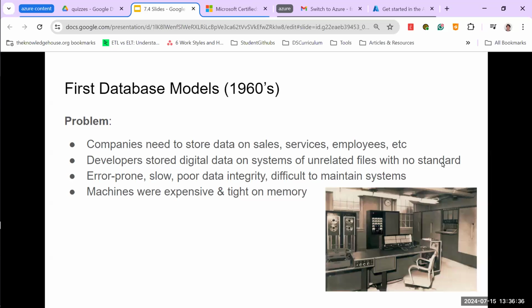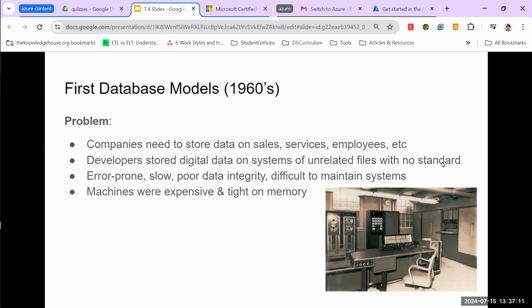Developers, if you could call them that at this time, had the responsibility of creating memory, of designing the systems that this data was going to sit on. And furthermore, the machines were expensive and super tight on memory. I know 100 megabytes doesn't sound like much today, but back then that was a sizable chunk of memory. And this resulted in machines that were error prone, slow, had poor data integrity, and worst of all, were